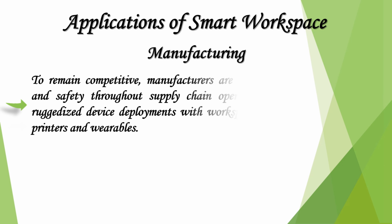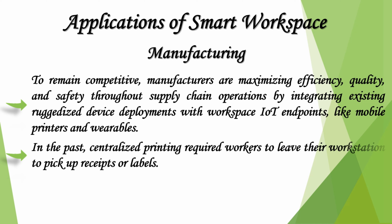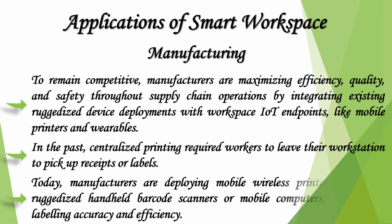Manufacturing. To remain competitive, manufacturers are maximizing efficiency, quality, and safety throughout supply chain operations by integrating existing rubberized device deployments with workspace IoT endpoints, like mobile printers and wearables. In the past, centralized printing required workers to leave their workstation to pick up receipts or labels. Today, manufacturers are deploying mobile wireless printers, alongside rubberized handheld barcode scanners or mobile computers, to improve labeling accuracy and